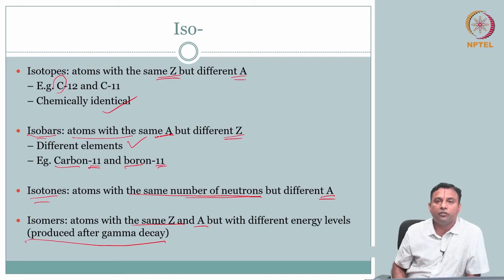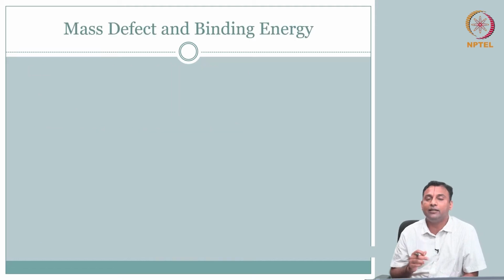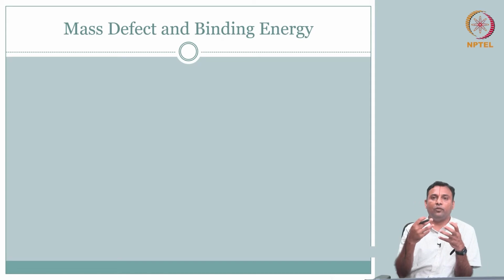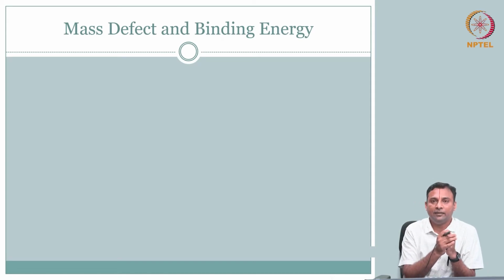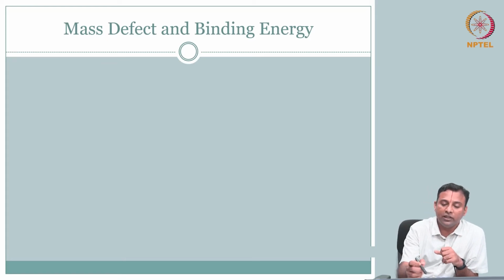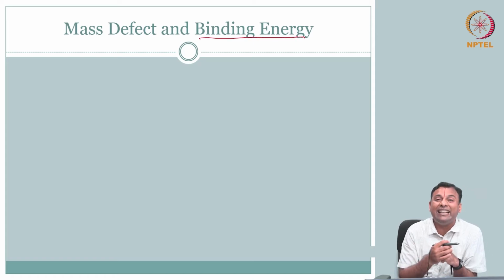Okay, so much for the different types. So now what we need to talk about is, okay, we have radioactivity. So you have unstable nuclides, which have to shed energy to become stable. So in this process, right, you have some radioactivity. So we need to define why this is happening, or where all this excess energy to shed is coming from, right. We talked about a similar thing, binding energy, when we talked about electrons, right, electron binding energy.